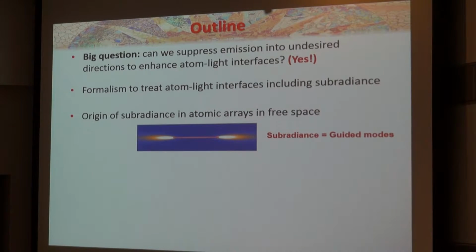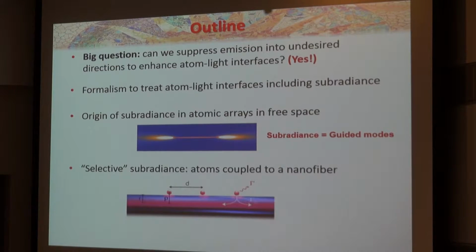The second thing I wanted to do is introduce subradiance. The idea has been around for a really long time, but I think one reason people haven't really explored it in terms of enhancing atom-light interactions is that the origin is still pretty mysterious to people. And it certainly was to me. But there's one simple case you can consider: if you take an ordered array of atoms in free space, it turns out that subradiance is nothing more than guided modes of that atomic array. So these atoms are nothing more than a fancy optical fiber, and that's where subradiance comes from. The third thing is, it turns out subradiance doesn't really help you to enhance atom-light interactions.